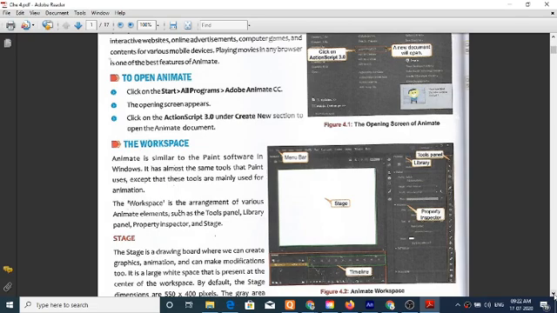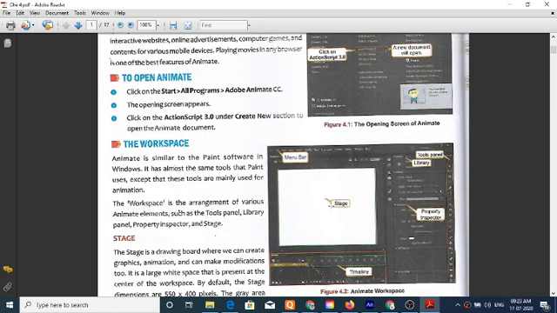The workspace is an arrangement of various animated elements such as the tool panel, library panel, property inspector, and stage. Now, look like figure number 4.2. This part is called 4.2. Now, a stage.